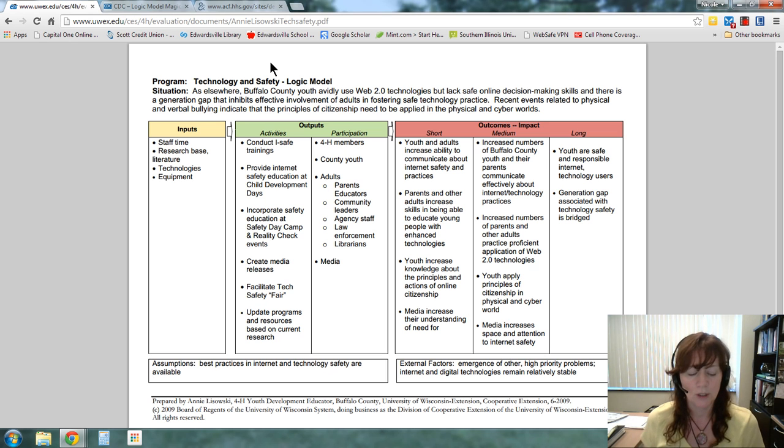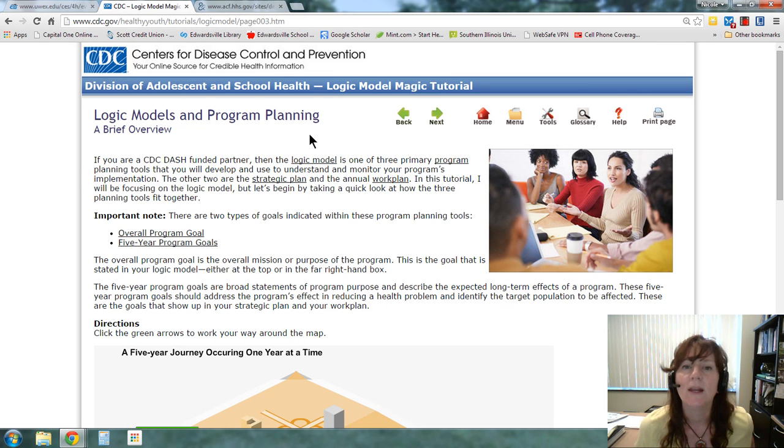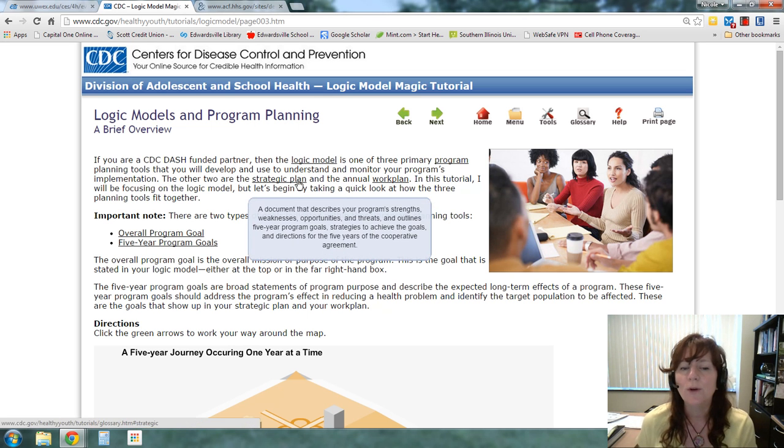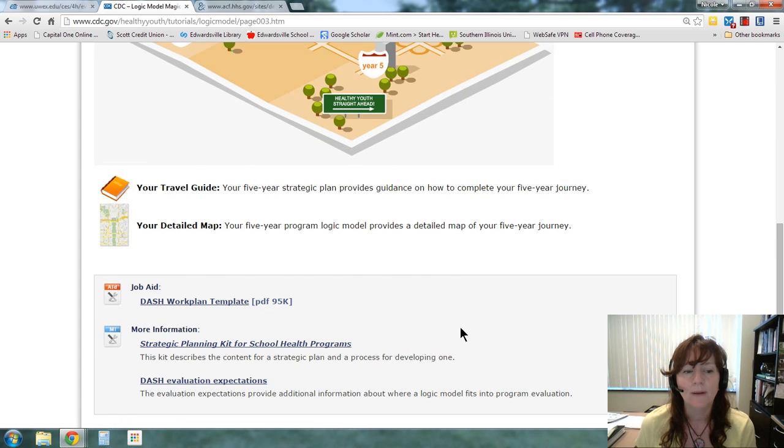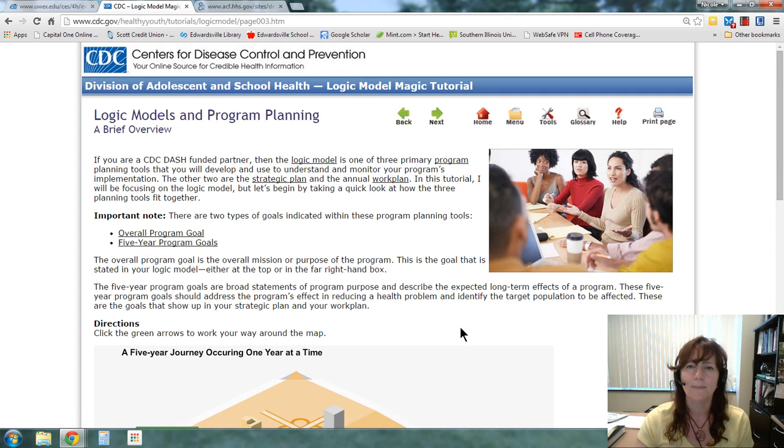The other thing that you're going to do in your folder is you are actually going to go through a CDC tutorial on logic models. I've created a separate link for that, so this is sort of just the intro to this. And what you'll see when you first start looks a lot like this, where it says logic models and program planning, and it's a brief overview, and you're going to work your way through this. Anytime that you have a question about a word, if you're like, well, I don't quite understand, what do they mean by strategic plan, for example, just float your cursor over it and it is going to define it for you. So you're going to work your way through this app, and there are some sort of checkpoints to check understanding throughout this